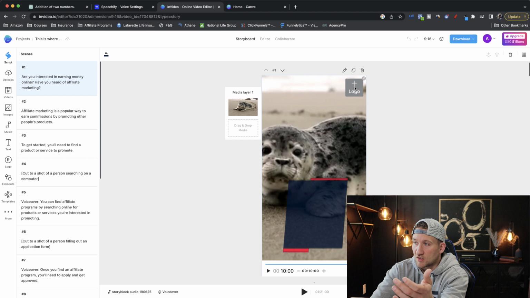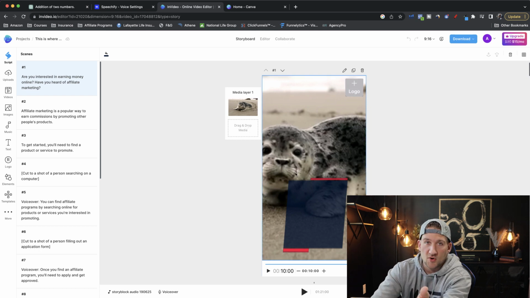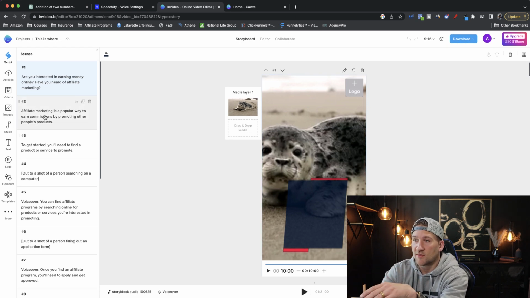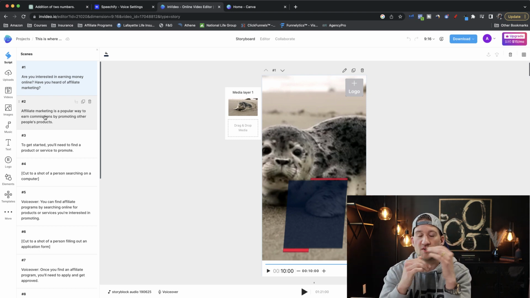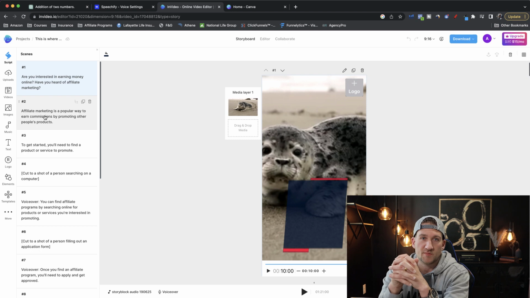You could add your logo if you want it. You could drag and drop your own media files. You could do whatever you want, right? So you could add it right here. But what was awesome is it did it by itself. It literally did it by itself, and you can go post this anywhere to create viral videos, especially in a